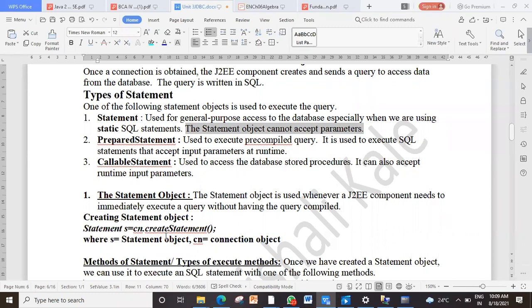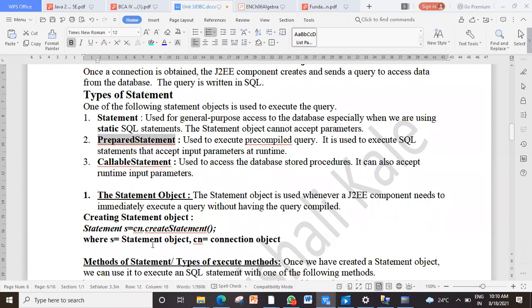You can't say that whoever will come, do this with them. No, you have to tell specifically, Maitri will come and you have to give her this. So it understands only the static values. It cannot ask the name of whoever comes dynamically and then act. Intelligence it cannot use.